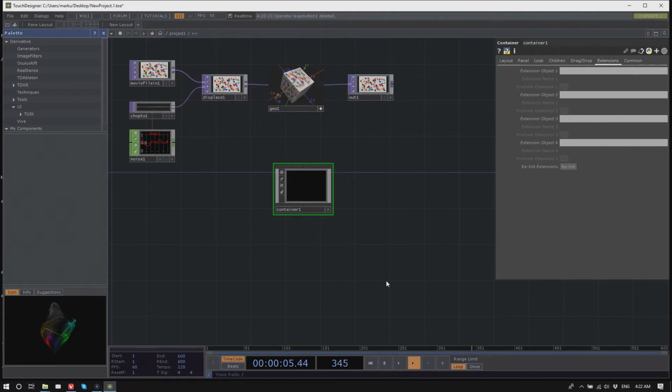So we'll do that. And the last thing I meant to show was connecting devices like Leap Motion or MIDI devices, or basically how to work with remote control, controlling TouchDesigner with external devices.